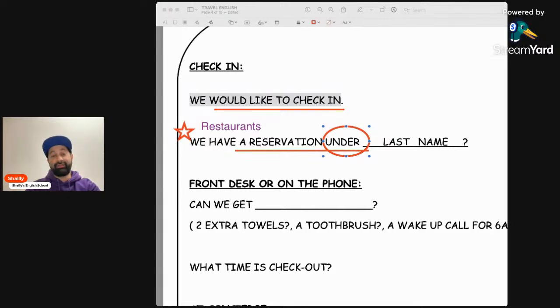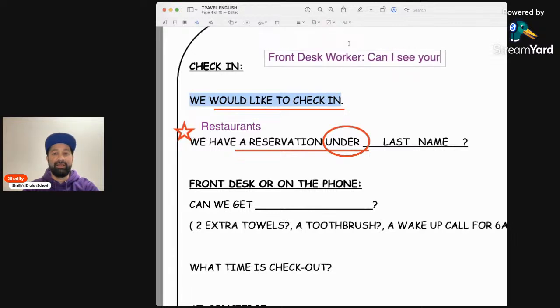Usually everything else, the front desk will ask you. Let's say this is the front desk worker. They might ask you, can I see your ID?